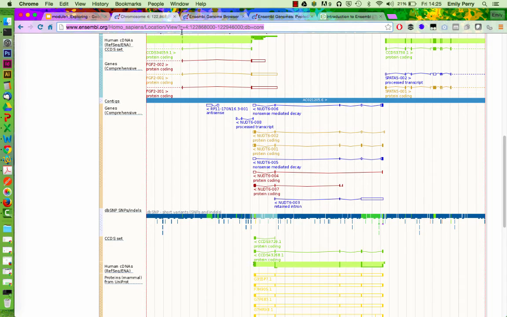If we look at the URL, you can see it's telling us we're in Ensembl, we're in Human, we're at a location, and this is the location we're looking at. That's just telling us which database we're in. It doesn't tell us anything about all of the tracks that we've added, all of the manipulation that we've done. So if I was sending that to somebody, they would get to the same region, but they wouldn't see all the bits and bobs, and if you've done lots of manipulation, it might take them quite a while and quite a lot of description to get them into the same place that you're in.